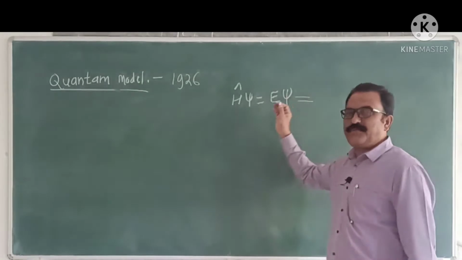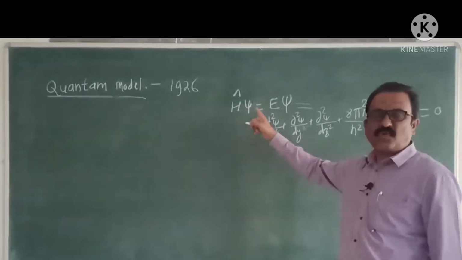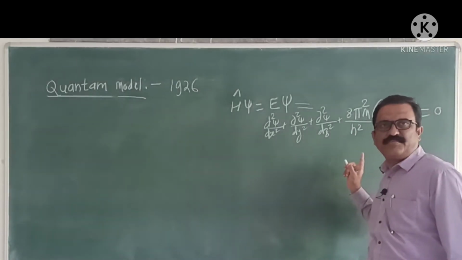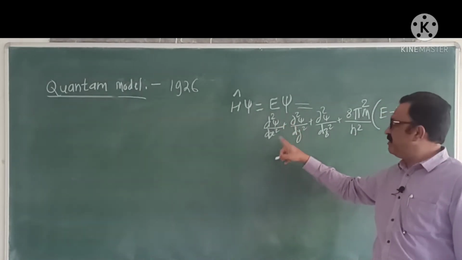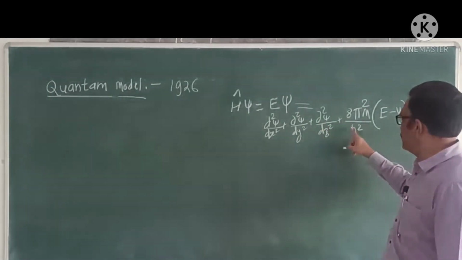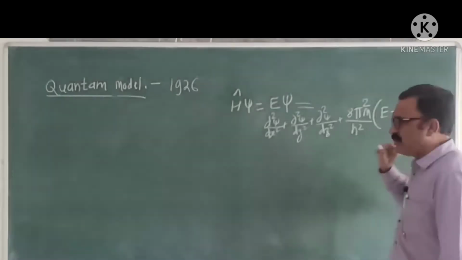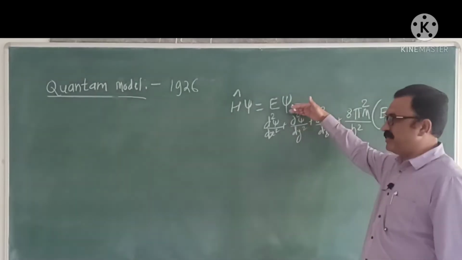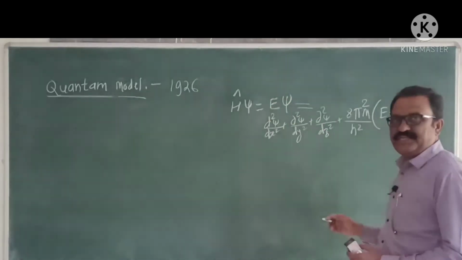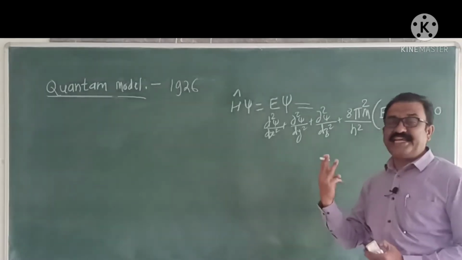When the Schrödinger equation is solved, an equation of this kind is obtained: d square psi upon dx square plus d square psi upon dy square plus d square psi upon dz square plus 8 pi square m upon h square into (E minus V) psi. Such an equation is obtained after solving the Schrödinger equation. This equation has three variables which give us three quantum numbers: